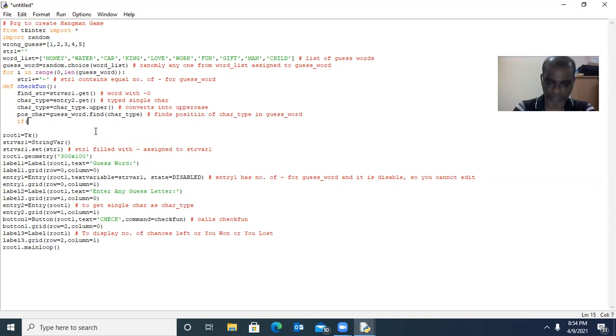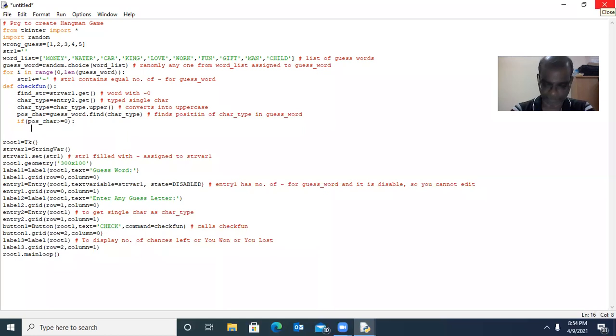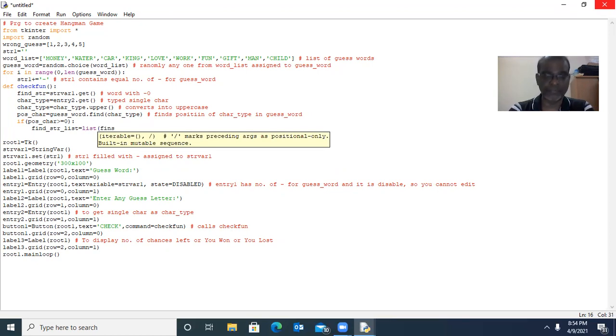We need one if condition: position of char is greater than or equal to 0. That means whatever character you typed in entry 2 is available in guess word. Good. Find str dot list. We want to create one list from find str.